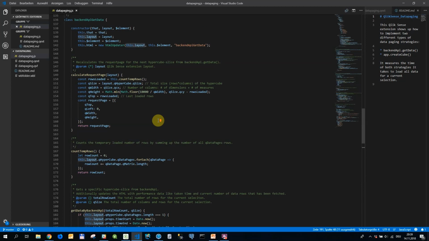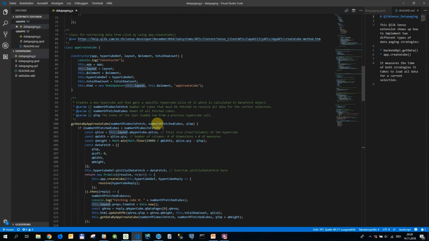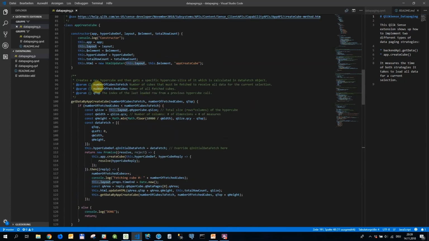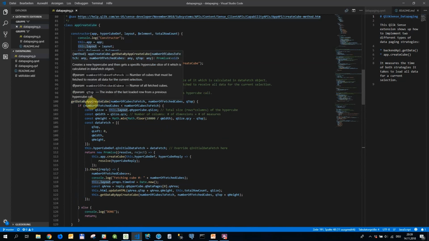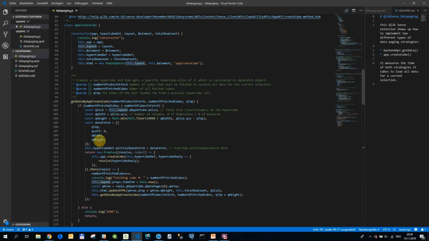And just to show you how the app.createCube function works, again, here's a class app.createCube function, and what's important here is the get data by app.createCube function. Again, we see a data fetch property with qtop, qleft, qheight, and so on. And I'm building my very own hypercube dev. But what I'm actually doing is just copying the hypercube definition of the current extension. So get all the dimensions, get the measurements, get the sorting, and all the other properties, and then define the